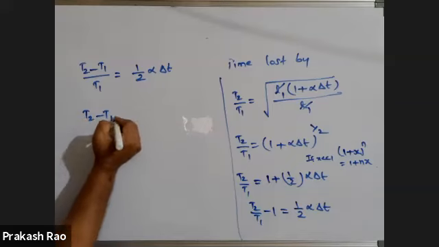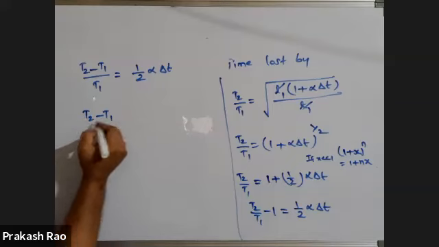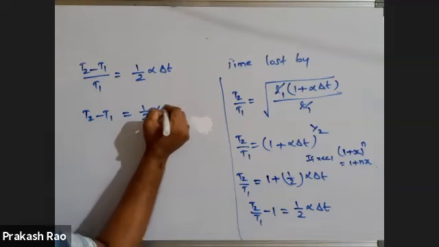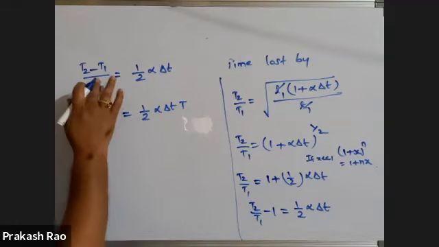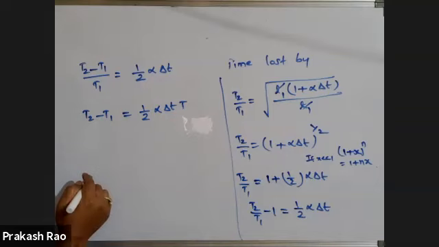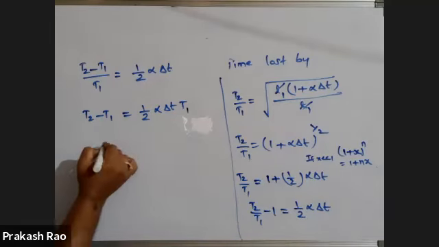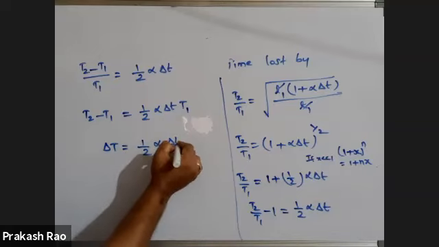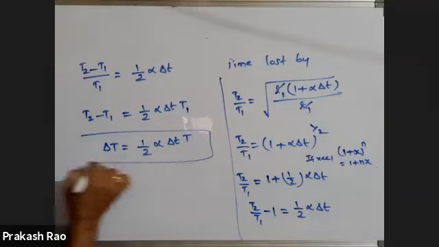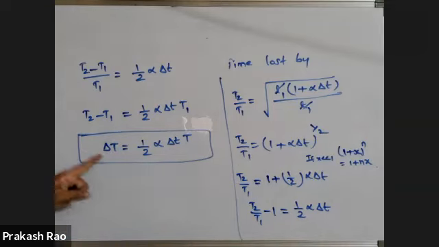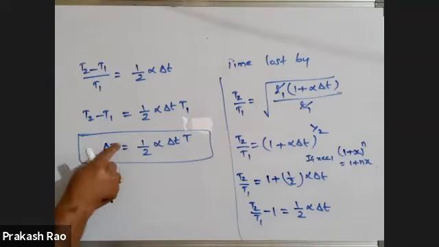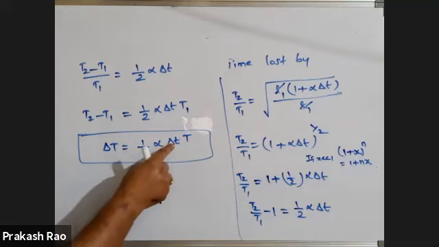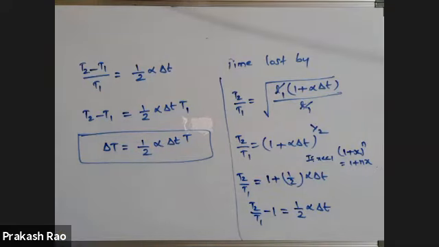T2 minus T1 is equal to alpha into delta T into T1, or capital T you can write. Therefore, delta T is equal to half alpha into delta T into capital T. This is the expression for time gained or time lost, half alpha into delta T into capital T, where capital T